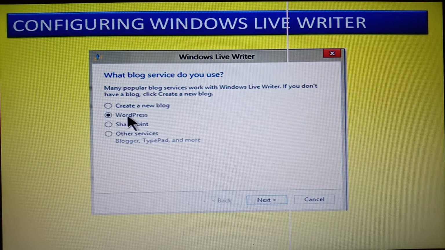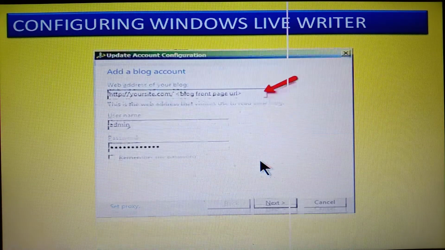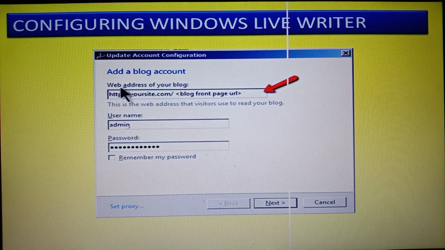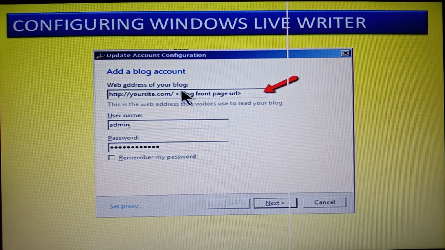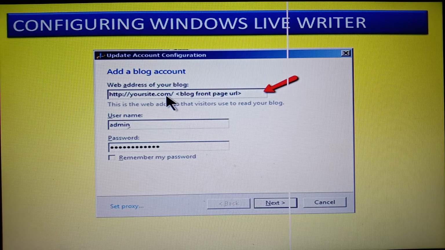What is the platform you want to use to create a blog, and then click next. You have to add the web address of the blog which you've created. As I told you, you should already have a blog created. If you want to add a new post to that blog and there is a problem with the internet, then you can use these offline blog editors to create your new post and then add it.